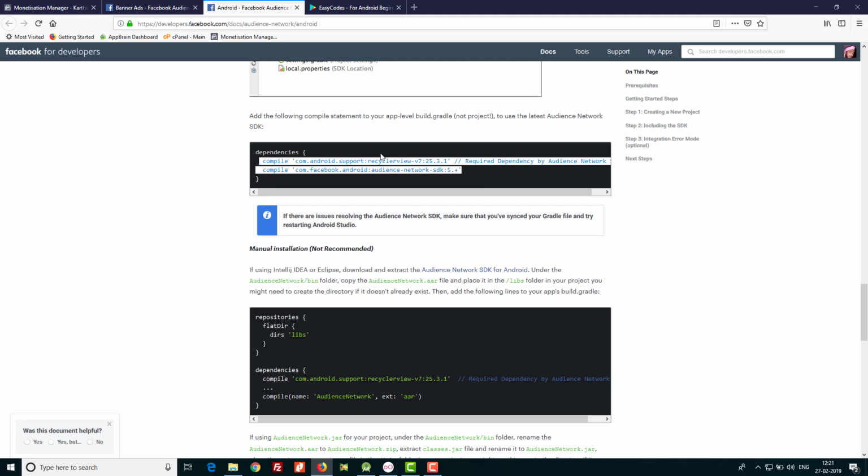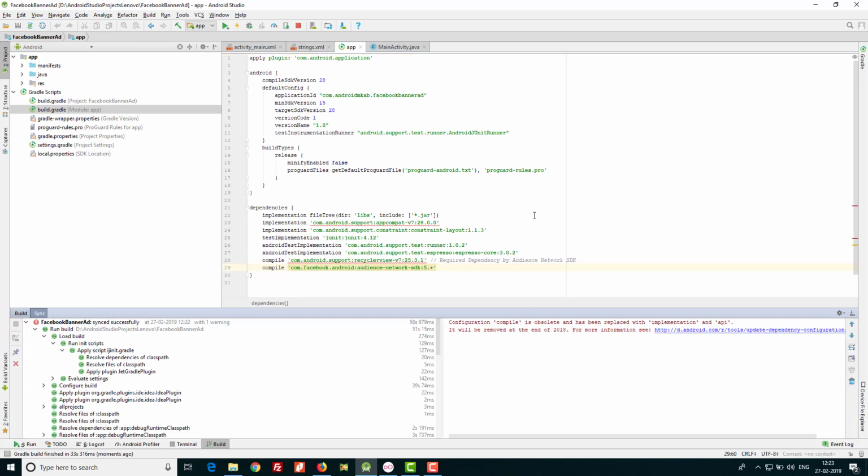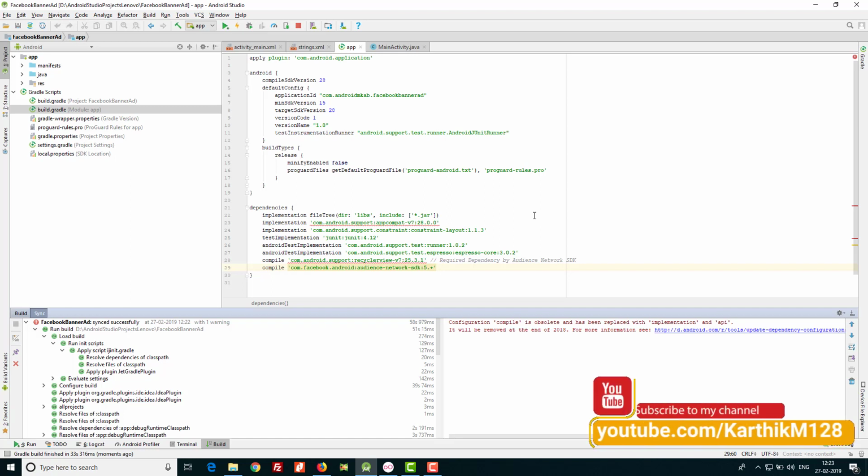And you can see an error here because we are targeting SDK version 28, but we are calling the recycler as 25.3.1, so we have to change this to 28.0.0. You can see the project has been built successfully. We will change this to 28.0.0.